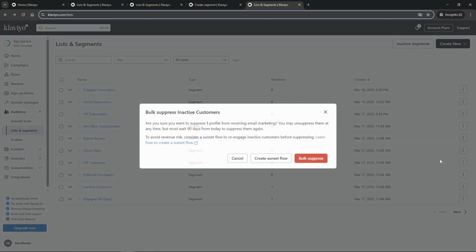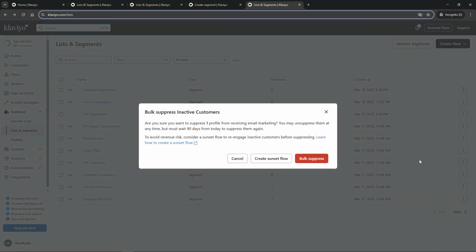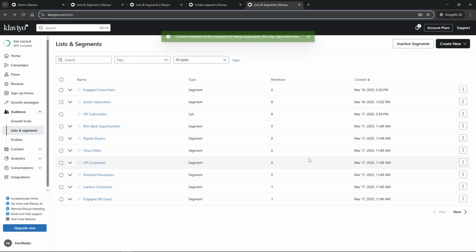By suppressing inactive contacts, you're not only cleaning up your list, but also boosting your engagement metrics, as your emails are more likely to reach people who are genuinely interested in your content. Keeping a clean list is one of the vital best practices in email marketing, and it's something you should be doing regularly to ensure the ongoing success of your campaigns. And there you have it, a streamlined and efficient way to clean your Klaviyo lists. Make sure to repeat this process periodically to maintain the health of your email